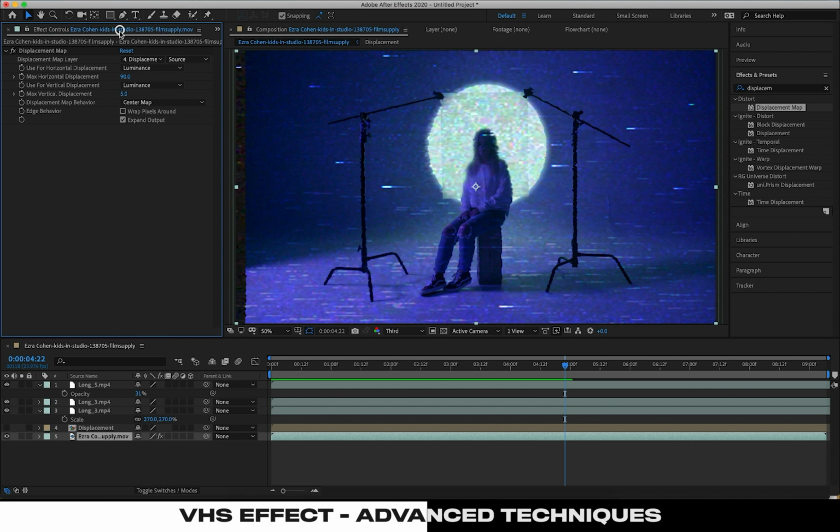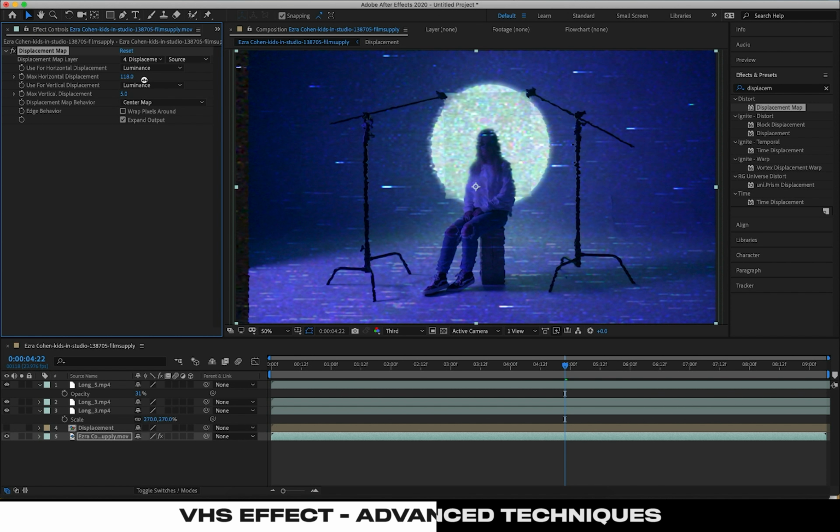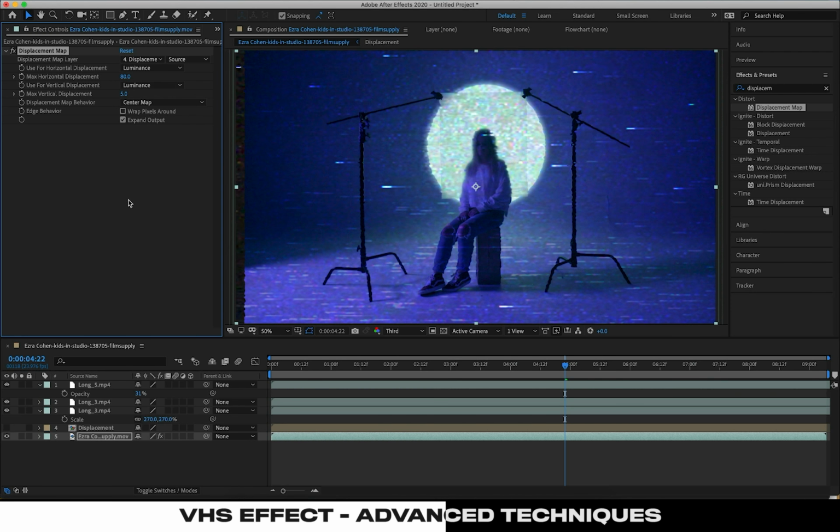We can keep tweaking this, and I could do this all day, tweaking how much of that displacement we do, but I think we're pretty good at around maybe 80. So let's keep it there. Now we're seeing some problems. We're seeing this extra space here on the left. And what we can do to solve that, which is a good thing for us to do at this point anyway,